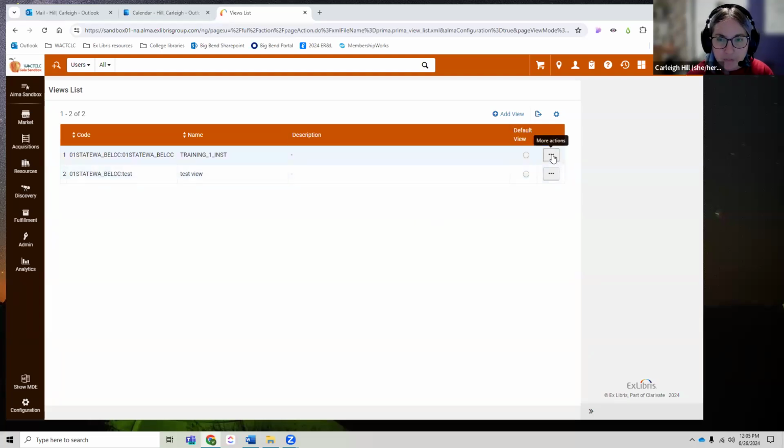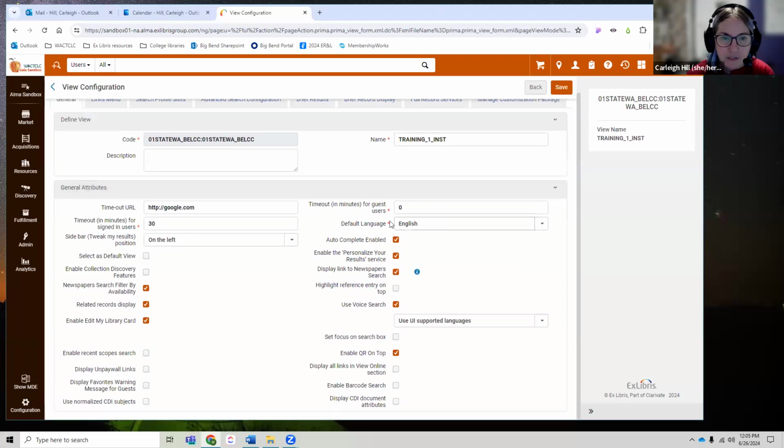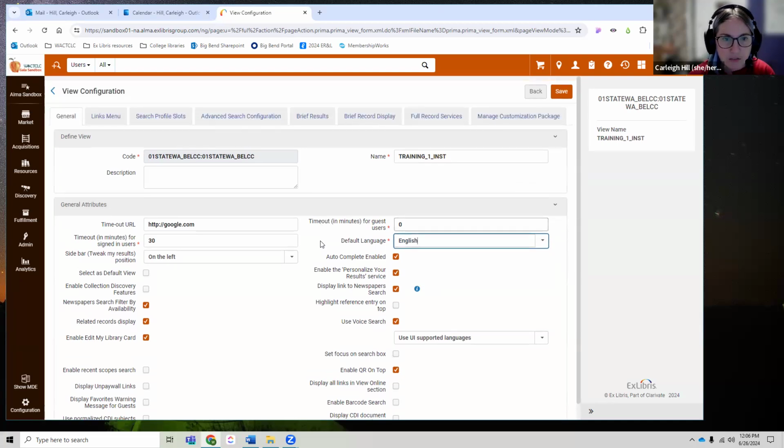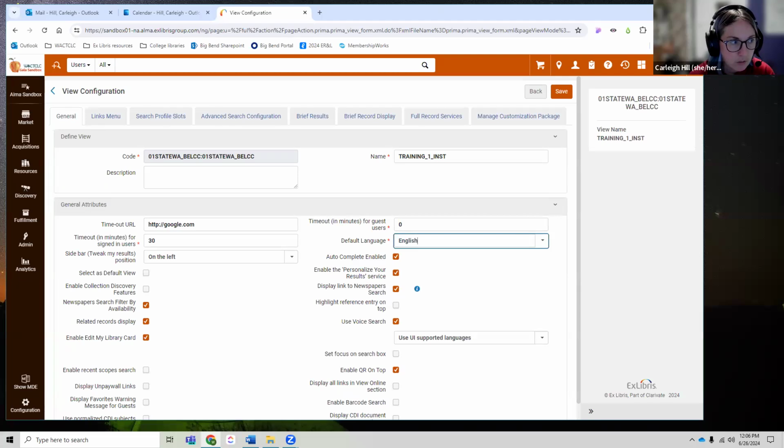So we have this view, and we're going to go into edit, and the default language, we have either English or Spanish, but we have both of them. And that is because the language choice got turned on. And where that got turned on, of course, is,